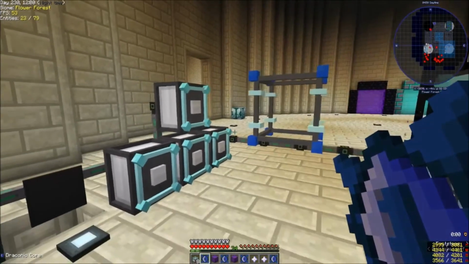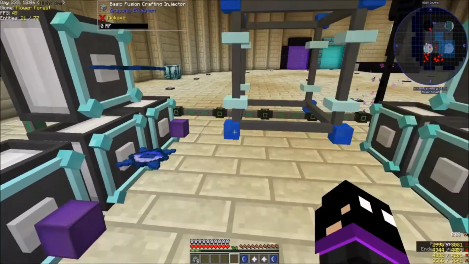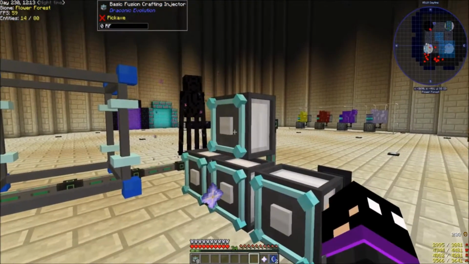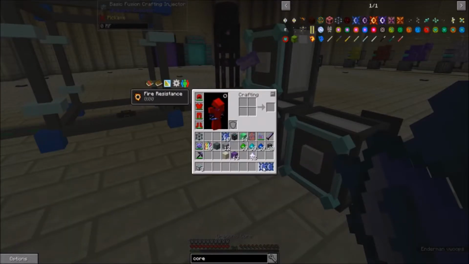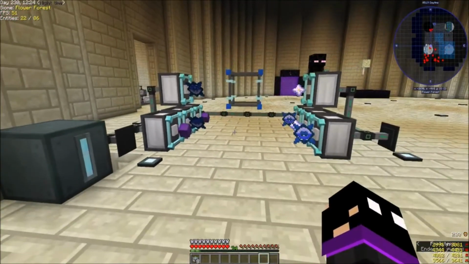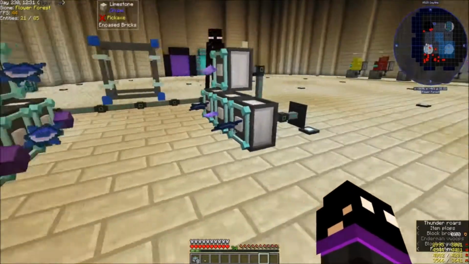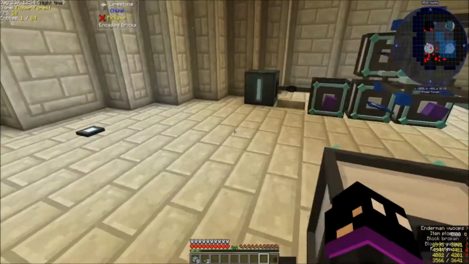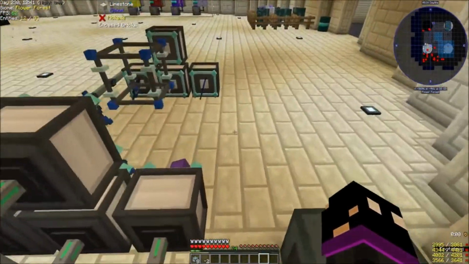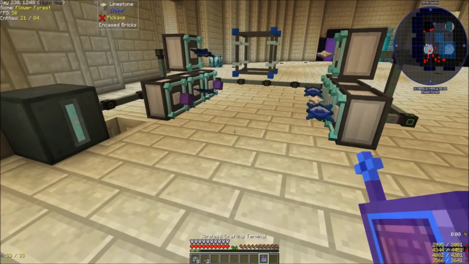Okay, so now we need to put these on this side. So you just need to right click them onto the fusion cores, injectors. But I'm not sure why this is not doing its thing. It's got power. So I'll put a capacitor bank in there instead. But these aren't filling up with RF and I don't know why. I'm a bit perplexed as to why that's not filling up with...